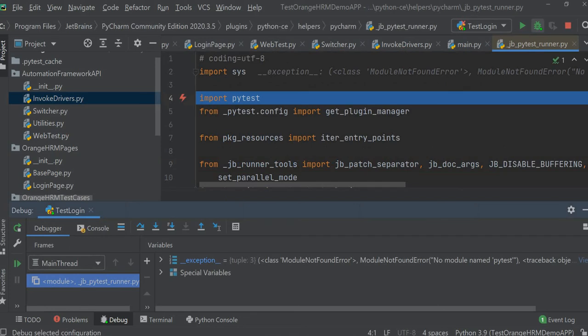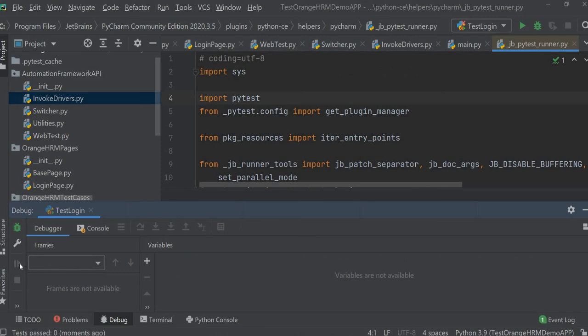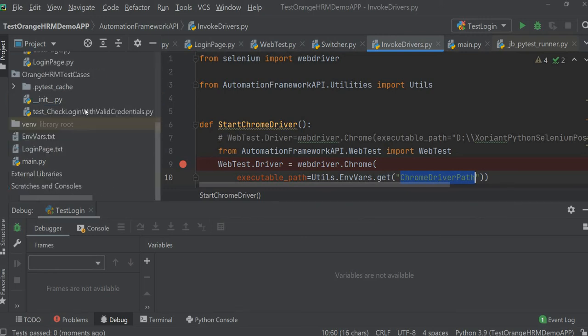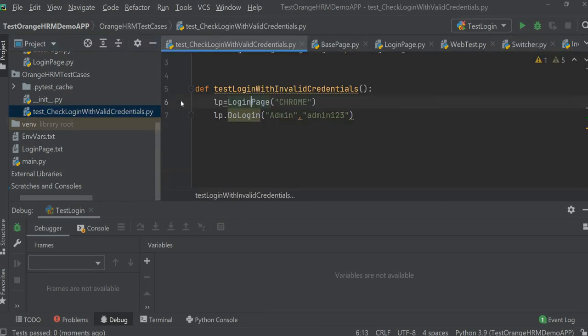It has started. Where is our... just a minute. I think it's got some problem. Let me put a breakpoint here.